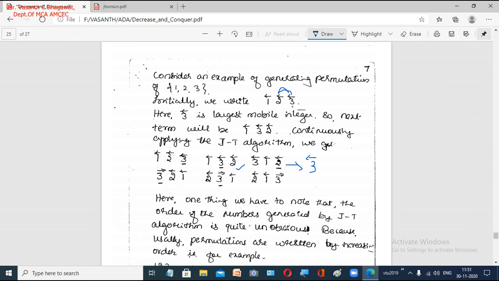And when you find this list, these 6 numbers what we got are 6 patterns or 6 arrangements. Right, we had 3 numbers 1, 2 and 3. When you find the permutation of these 3 numbers, we have 6 different ways in which we can arrange these 3 numbers, and this is our final result. Now this is what the Johnson-Trotter algorithm is going to tell.